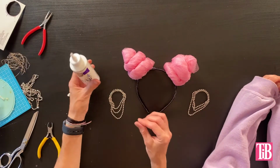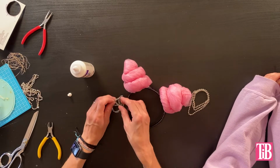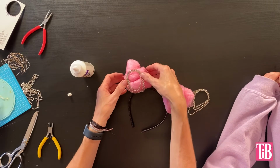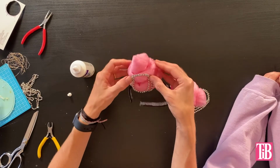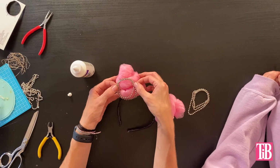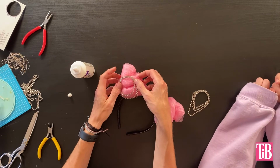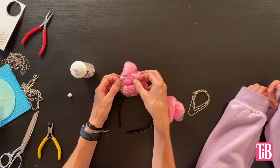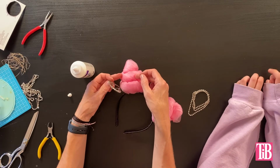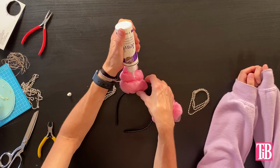So all right, what we need to do, let me pull this around so I can see it a little better. All right, so we want this to fit right about there, right? Yep. Okay, so for sure we need to put glue here and here. These are stiff, they're not going to fall. We don't need to attach them if we attach them right here and here, just a little over 1 inch apart. So we're going to put a drop here